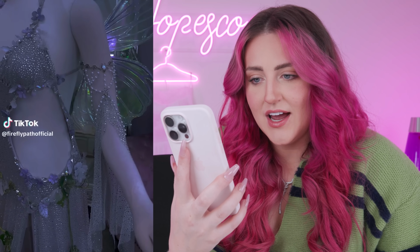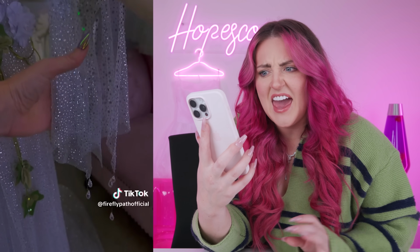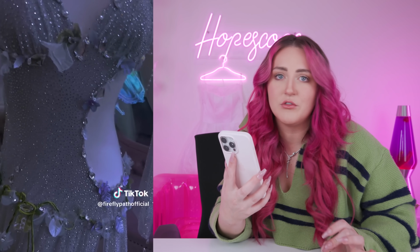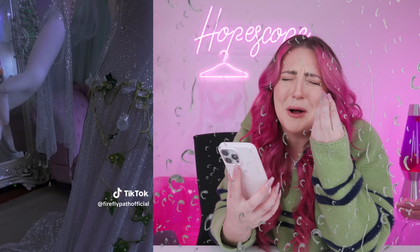This dress is unbelievable. I can't tell if the fabric comes like that or if they hand place the crystals. Either way, stunning. And the cutouts and the flowers. This is something straight out of a novel. Oh my gosh, and the crystals dripping off that look like raindrops. It's so good. This artist is FIREFLY Path,